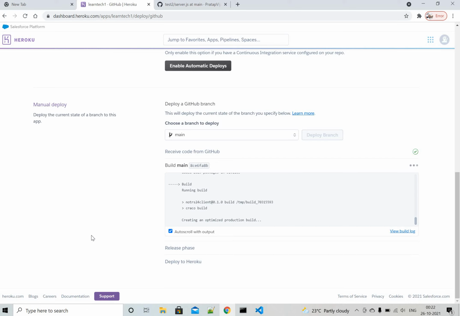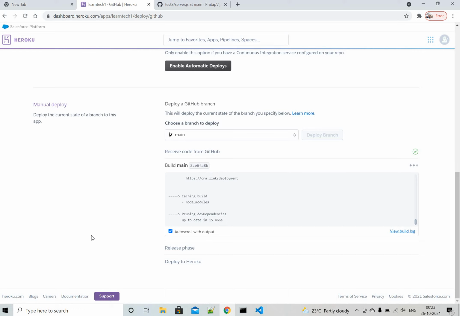Your site will become up and running, it will be live, and it will be accessible over the internet. Now see, it is caching the build and pruning the dev dependencies, because in production mode these dev dependencies are not required. If any dev dependencies are there, it will prune or remove them.